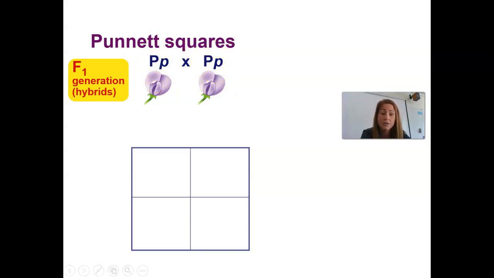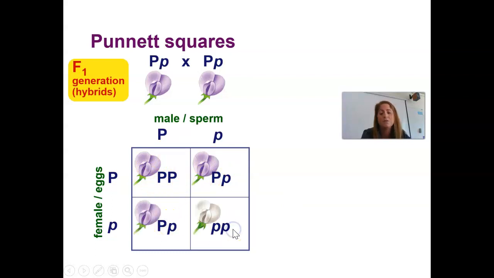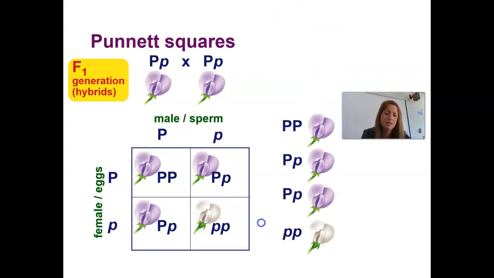So they are heterozygous. And we would put one parent on one side and one parent on the other side. And then we just fill in the boxes. And you can see that we end up with this purple flower here. We have a purple flower here. This one will also be purple, and this one will be white. In doing that, we end up with this ratio of